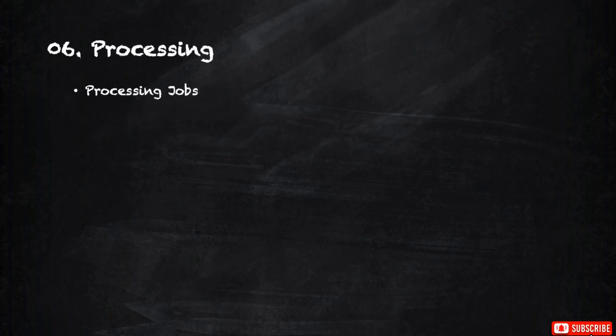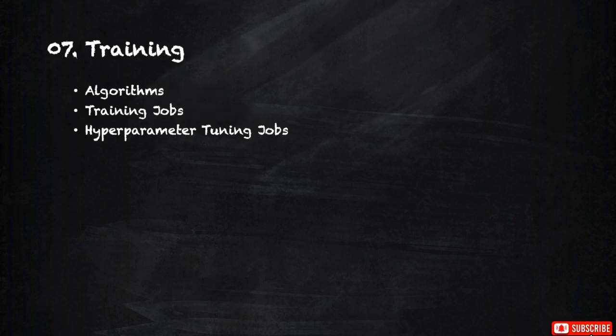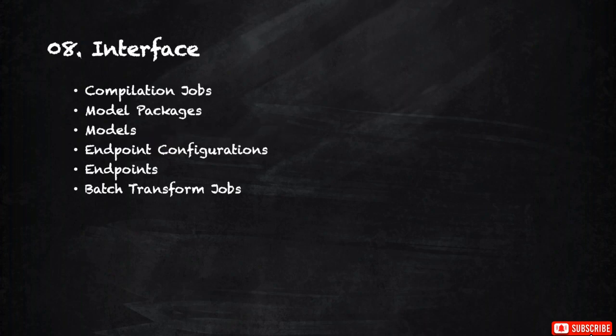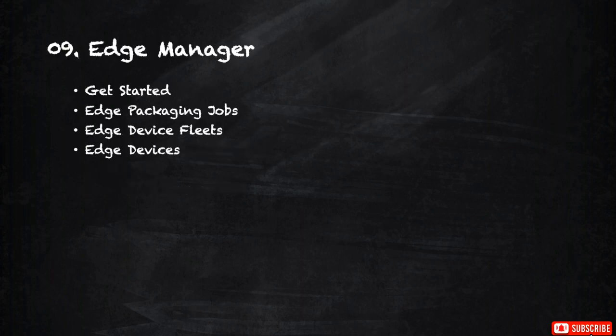In section 6, we talked about processing jobs. In section 7, we talked about training, so algorithms, training jobs, and hyperparameter tuning jobs. In section 8, we talked about inference, so compilation, jobs, model packages, models, endpoint configurations, endpoints, and then batch transform jobs. In section 9, we're going to talk about edge managers, so get started, edge packaging jobs, edge device fleets,